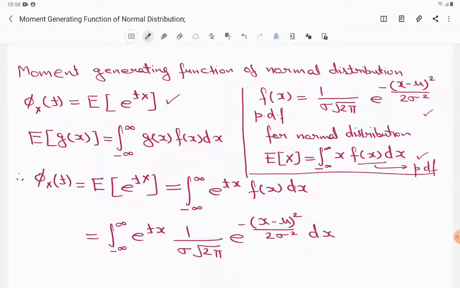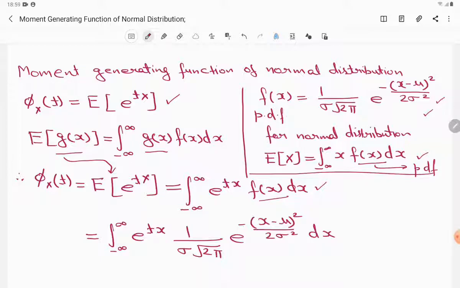That is the PDF for the normal distribution. So when we have some function g of x in place of x, we replace x on both sides. Over here I am writing g of x, and therefore I am writing g of x over here. Now you can see phi over here, so you can compare this term with this. So you can see g of x is nothing but e to the power tx. So if you want phi x of t, you are basically finding the expectation operator of e to the power tX, which can be written like this. Over here I know what f of x is, so I can write this over here.